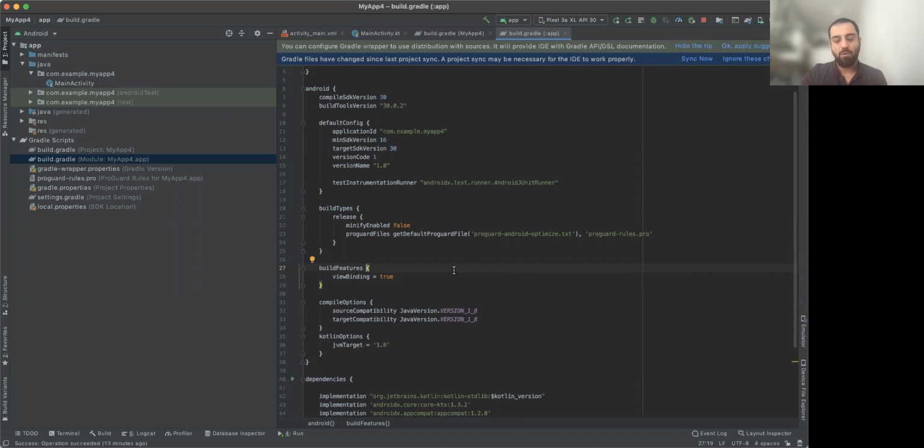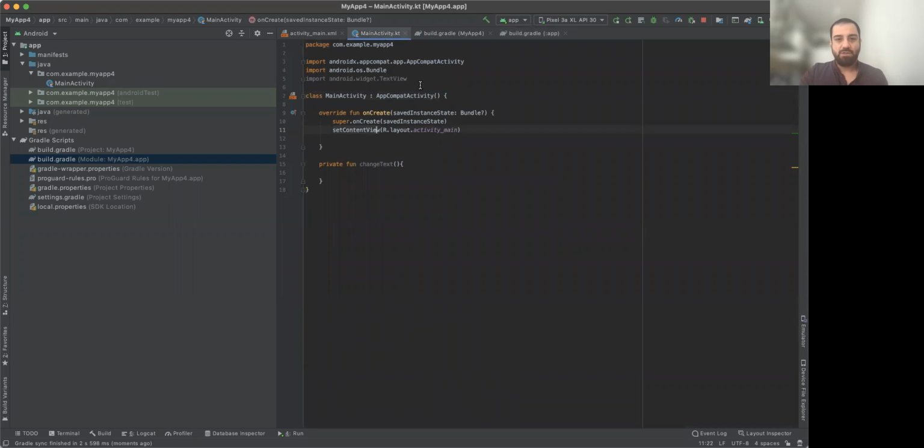And after all the changes that are happening in the Gradle files, we need to synchronize the project by clicking Sync Now here. So what I just did is enable the view binding feature so that it can be used. To be honest with you, I also learned view binding just now, because we were using something else called synthetics, but I will not get into the details of this right now. View binding is the proposed way of